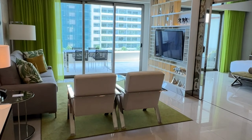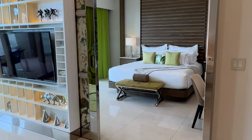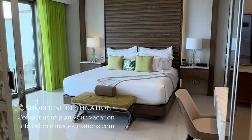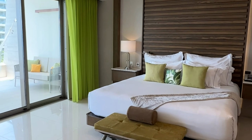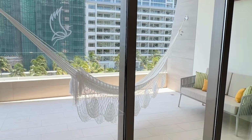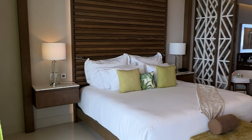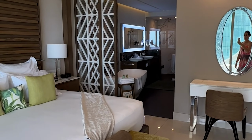This is Garza Blanca, Cancun. This is a 1-bedroom suite. We have a pull-out sofa, maximum occupancy of 3. The really neat thing about this is if you're doing a wedding at Garza Blanca, whether it's Cancun or Cabo,